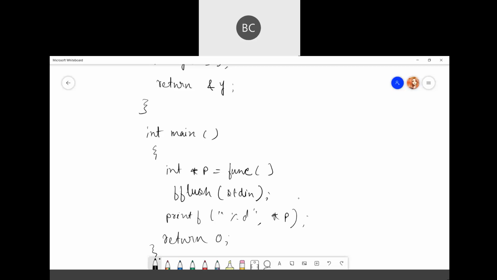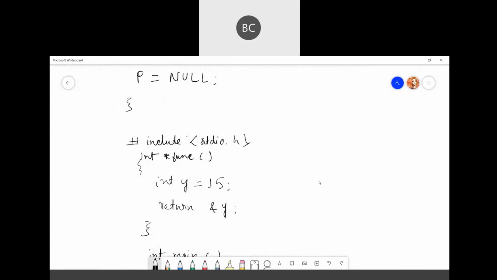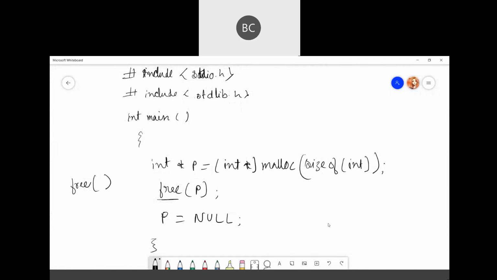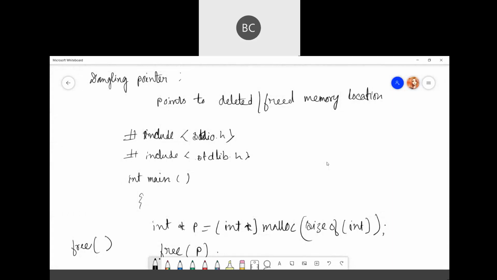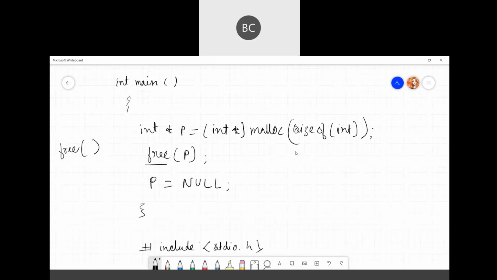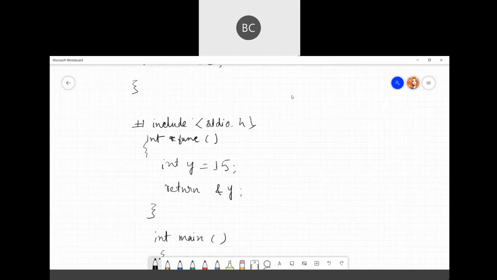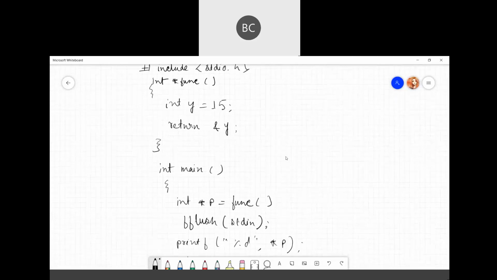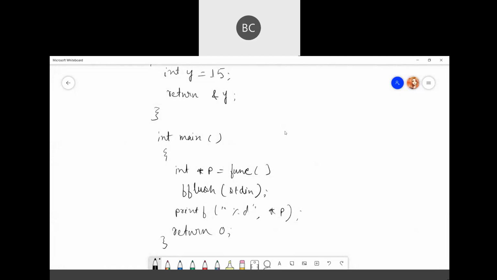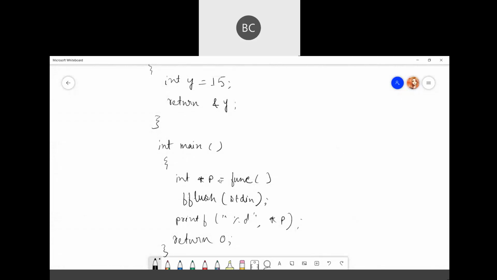So this is the normal way we use it, mainly for dynamic memory allocation, and this one is how we can use it in a function call or normal programs. Here you call the function, then you free that memory location, then if you print it, you will see what you get.